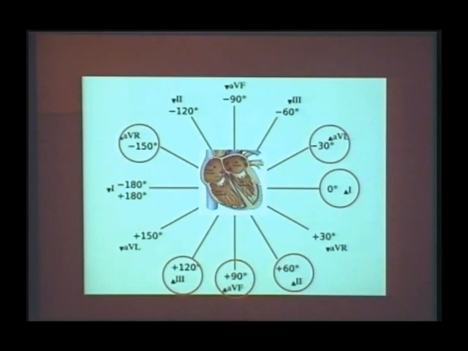So, please remember 3 things. Normal axis: L1, normal axis, 0 degrees, horizontal heart. L2, intermediate heart, 60 degrees, normal axis. AVF, 90 degrees, vertical heart, normal axis. L3, 120 degrees, right axis, right ventricular hypertrophy. AVL, left axis, minus 30, left anterior fascicular block. AVR, minus 150, indeterminate axis. That's all the axis. Finished.